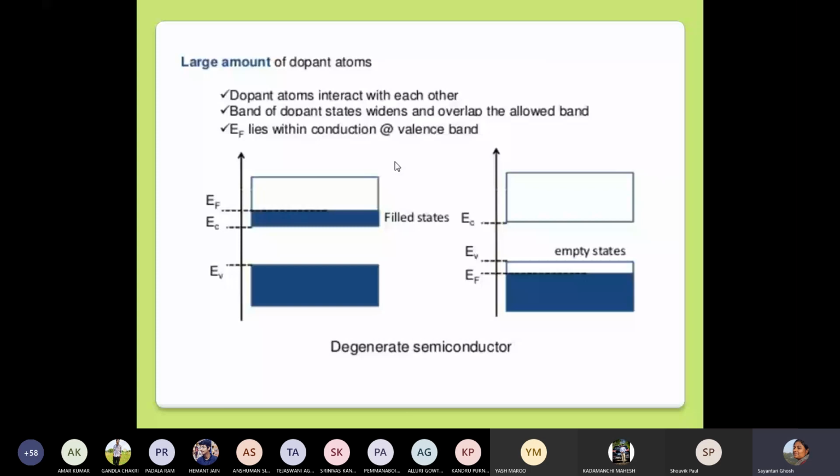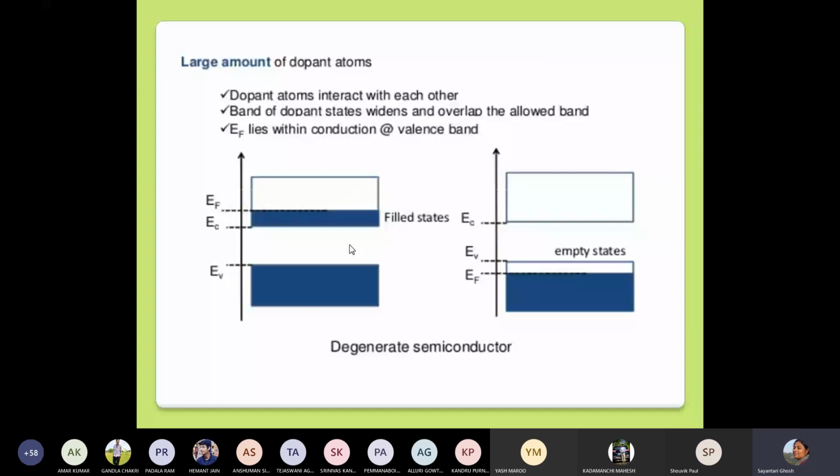Here the dopant atoms now start interacting with each other. I guess you know how the bands form in solids. The atoms inside start interacting with each other, and from there the band structure comes out, right? In this case, the doping level is so high that the dopants are also interacting with each other, and from there this effect comes. So in case of both n-type and p-type, the Fermi level goes inside the bands now. Okay, so this is the key of understanding how this device works.